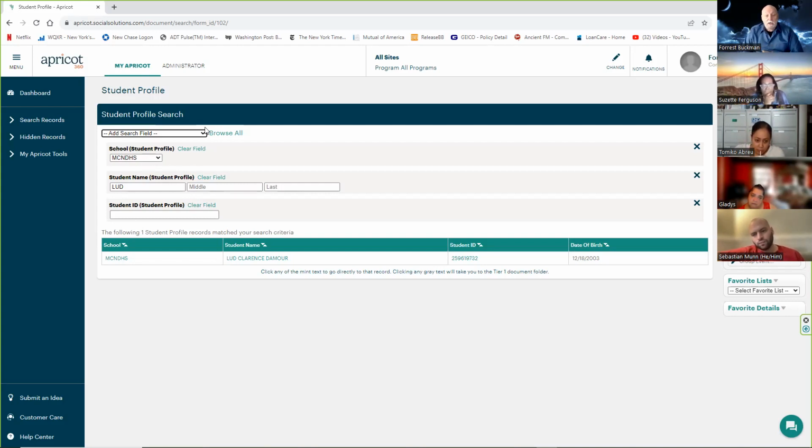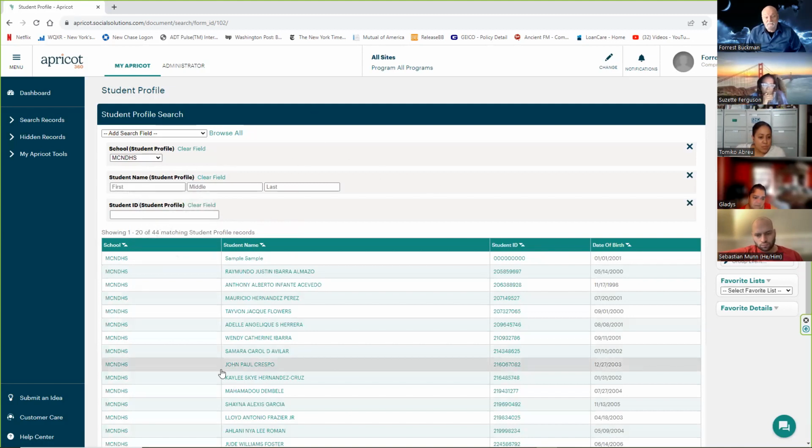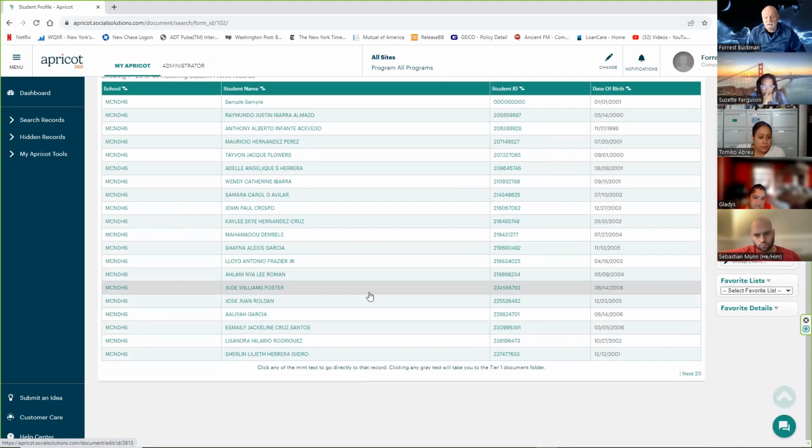subsets. So in this case, I've chosen Lud as a victim of testing, to give you an idea of what it looks like when you have a populated record. So this is when I put in the parameters. Let's say, for example, clear field. If you leave everything blank except the school, you'll get everybody in the